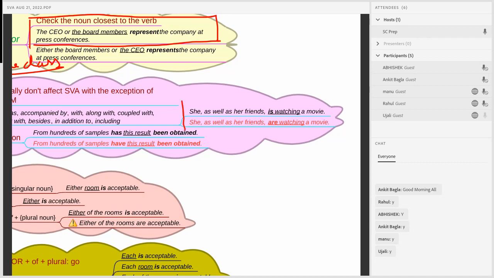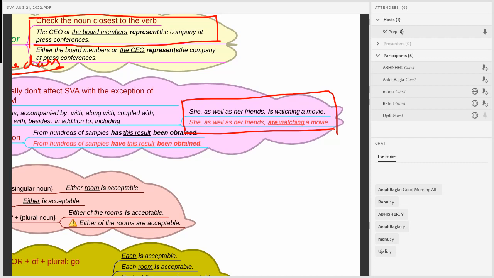She, as well as her friends. Now, as well as, as we just discussed, is a prepositional phrase. It is different from "and." If you say "she and her friends," that's different. "She and her friends," and ends up joining those things. But when you say "she as well as her friends," although this is logically joining those things, it is not